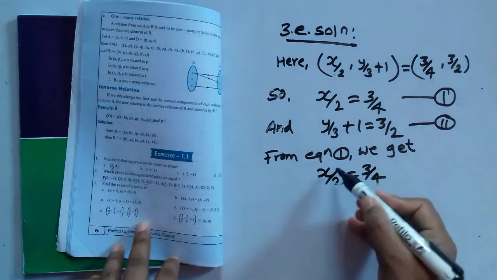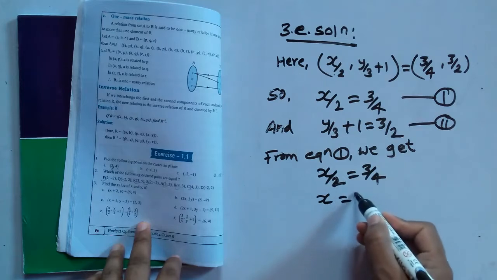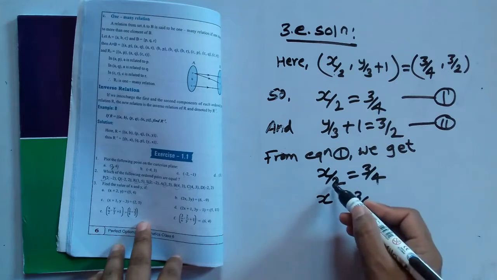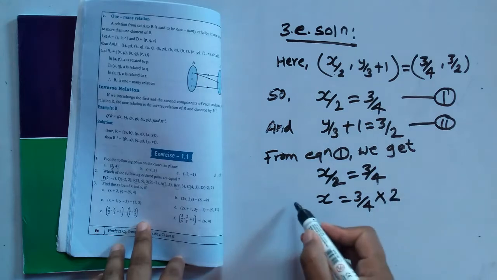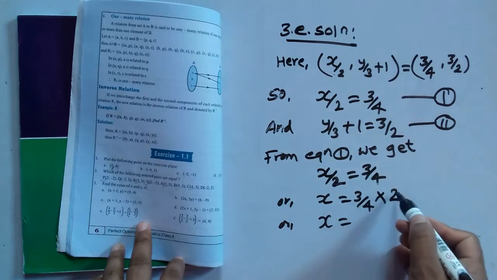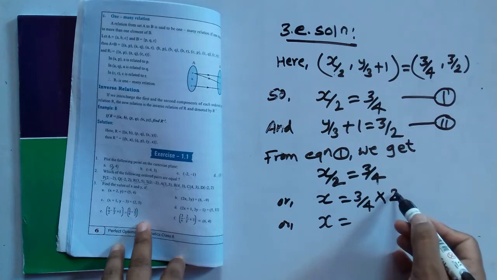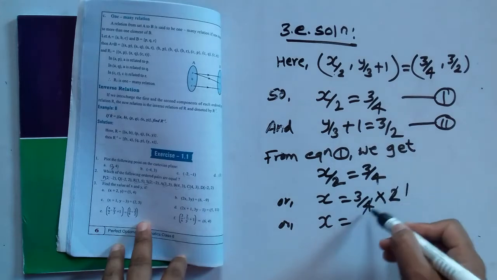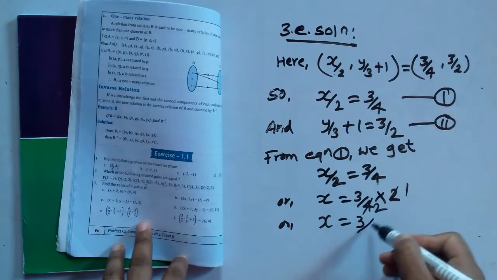We can do this in another way also: x by 2 equals 3 by 4. Here 2 is in division form, so when we take this division form to the other side it will be in multiplication form. So x equals 3 by 4 into 1 by 2. We know the number will be in the numerator, and the numerators are multiplied and denominators are multiplied: 2 ones are 2, 2 twos are 4, so the answer is 3 into 1, 3, and 2.